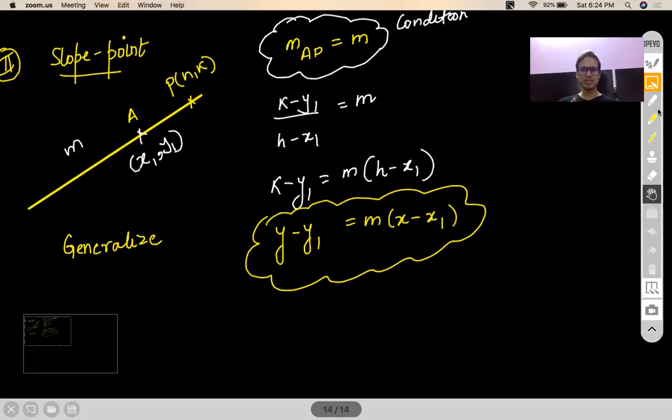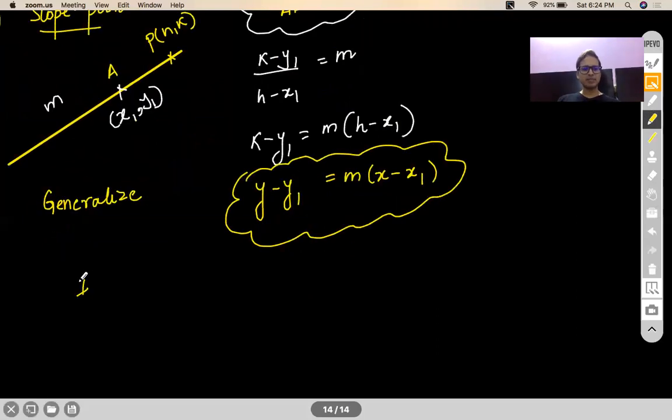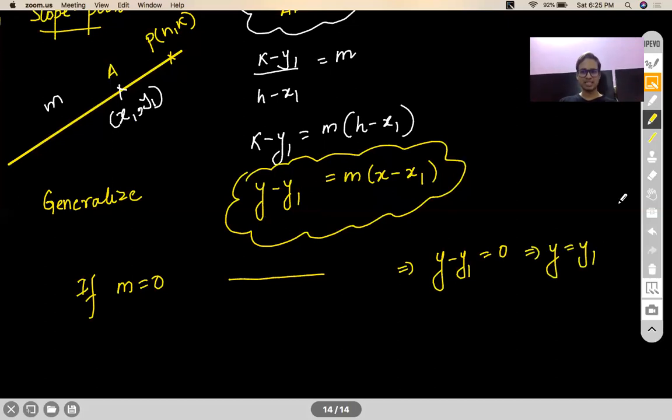Now here also something very interesting. If m is 0, that means if you're dealing with a horizontal line, remember the right side will completely vanish off. That means it will become 0. And this is in sync with what we had done a couple of minutes ago. So a horizontal line will have only an equation which will look like y equal to some constant. And if your m is tending to infinity, now see, very interesting here, that means you're dealing with a vertical line.